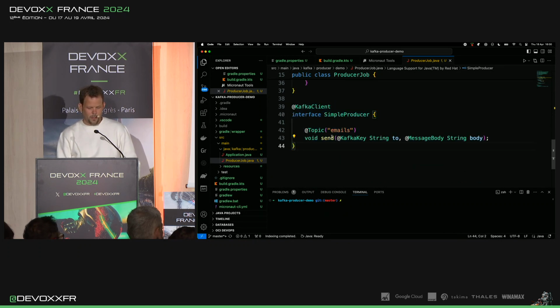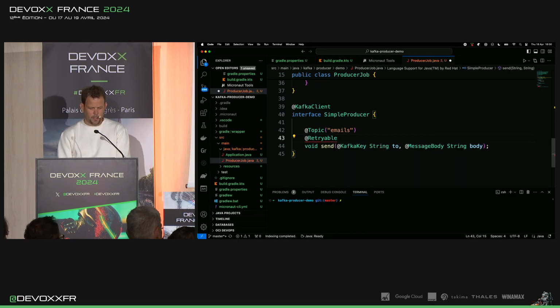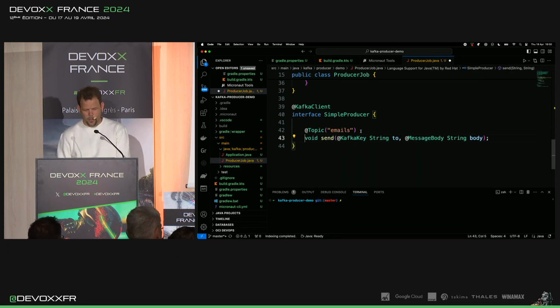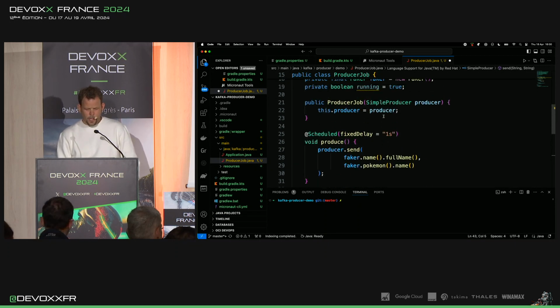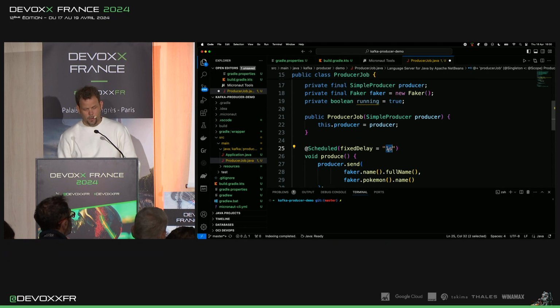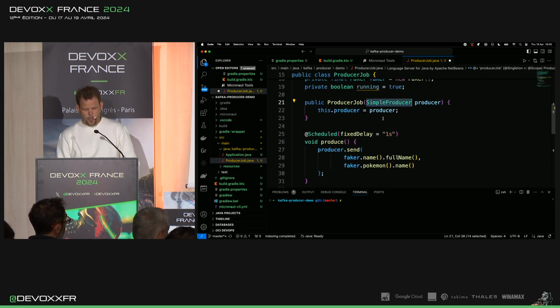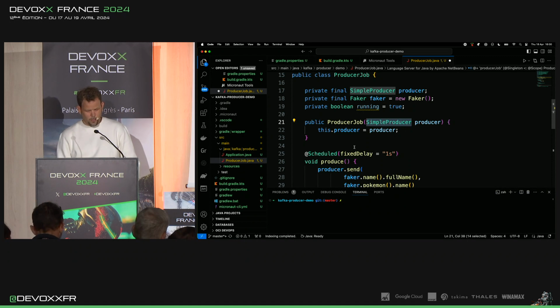because using this model, you can apply other kinds of advice and hints to Micronaut. For example, if you wanted to add retry, you could add retryable and retry the operation automatically, etc. And Micronaut also supports scheduled jobs. So on a method, you can add a schedule at a fixed delay that executes something every 1 second. So injecting this producer and every second sending out a name of a person is what this